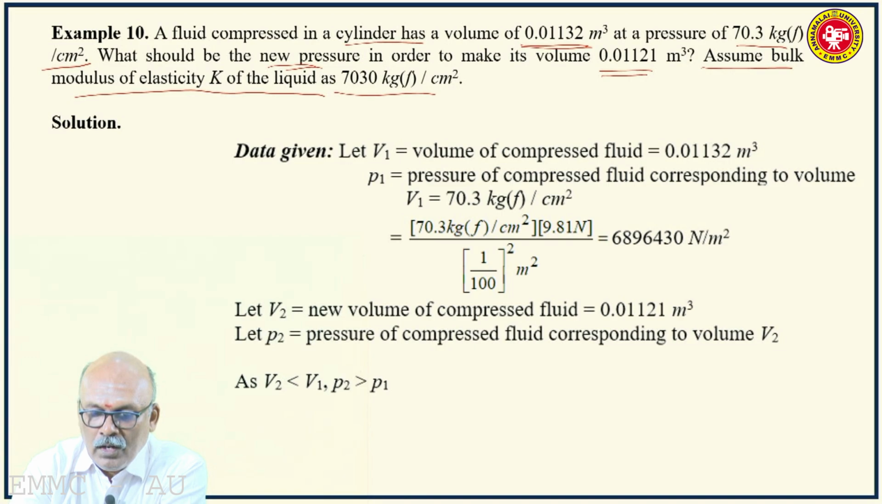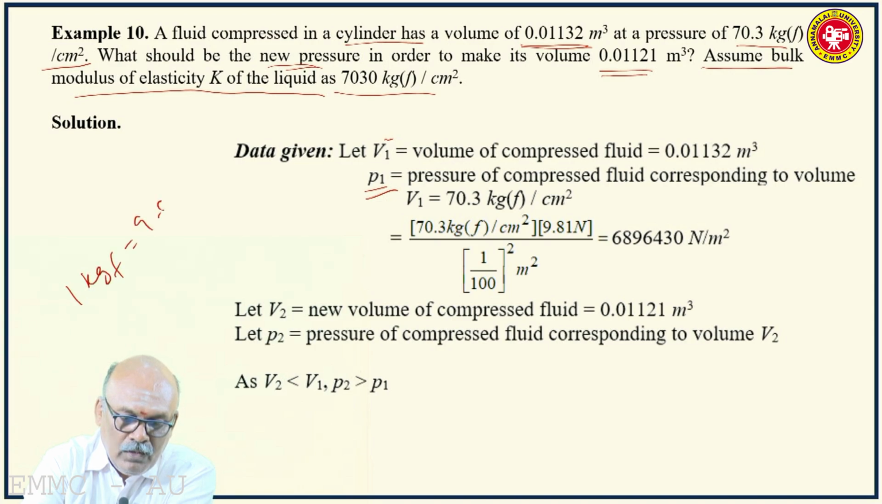So, let us put the data given. Let V1 be the volume of compressed fluid, that is 0.01132 meter cube. It is already in a compressed state. We are increasing the compression. So, when the volume of compressed fluid is so much, the pressure of compressed fluid is given, that is 70.3 kgf per centimeter square. Let that be P1. So, let us convert kilogram force per centimeter square to SI units, that is Newton per meter square. So, 1 kgf